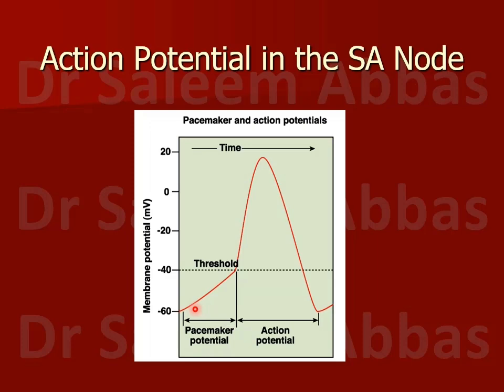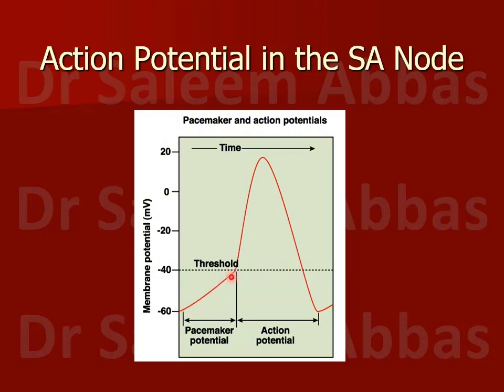So you know the sodium ions are positively charged. They also allow some calcium ions to diffuse. So sodium and calcium carrying positive charges move into the fiber, and the inside is gradually moving